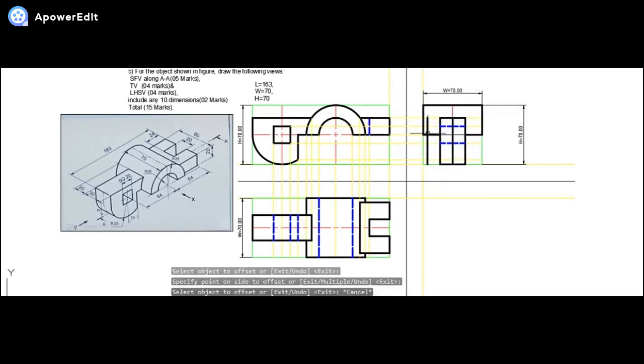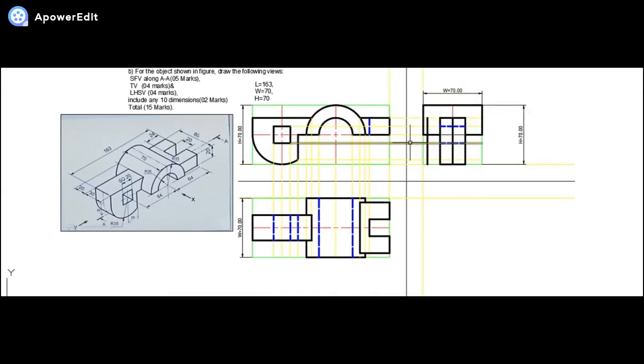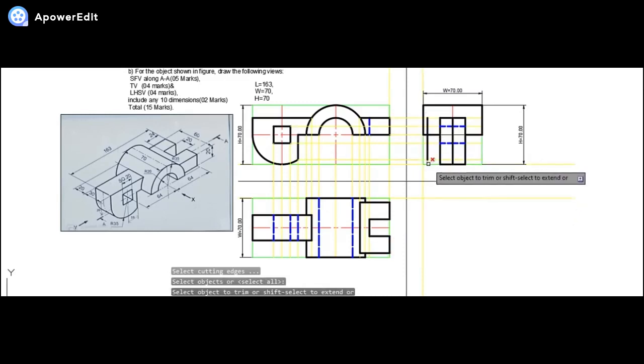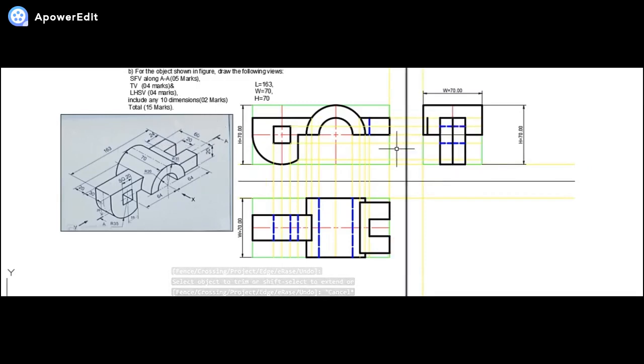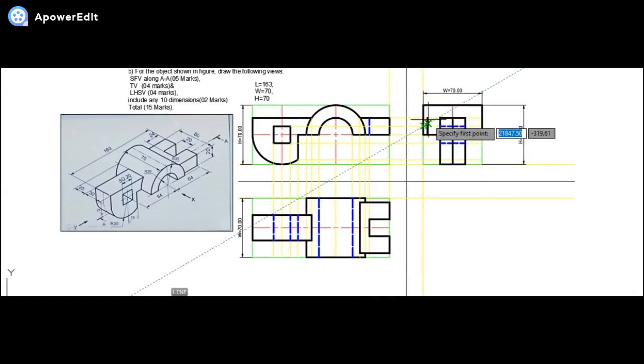It will be like this, and since you can see this edge from here up till here is there, that is why it will be there till this surface. Now let me trim out this particular surface, that won't be seen. Once we are done, this edge along with this particular edge will be seen to us. It will be seen from here till here. Same way I can draw it on the other side.